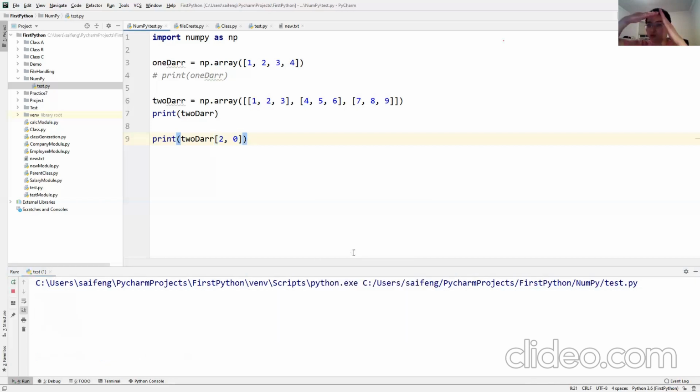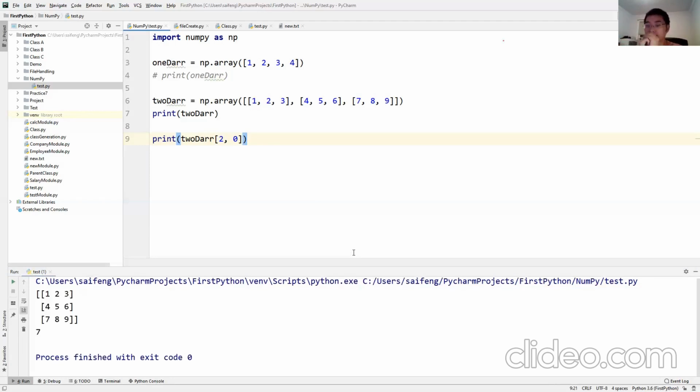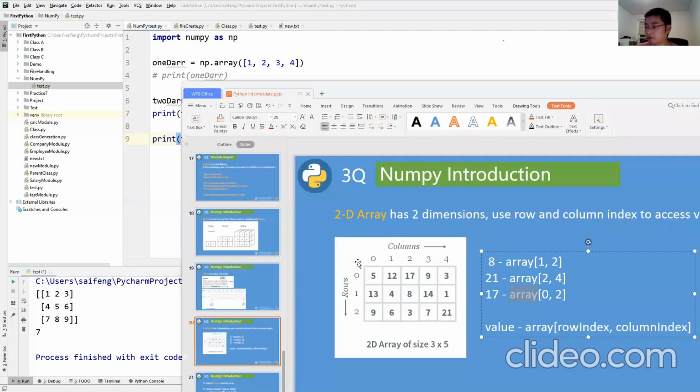It's just like XY, right? You guys learned math, the XY and the coordinates. The only difference is that 0,0 is the upper left corner, starting from 0. Starting from 0, from top to bottom for row 1, row 2, row 3, column 1, column 2, column 3. Remember in game design, we also learned about this, to locate an object on the screen. Same thing.